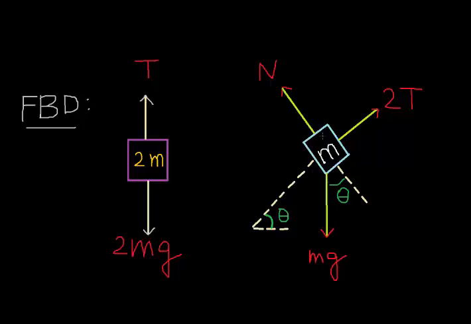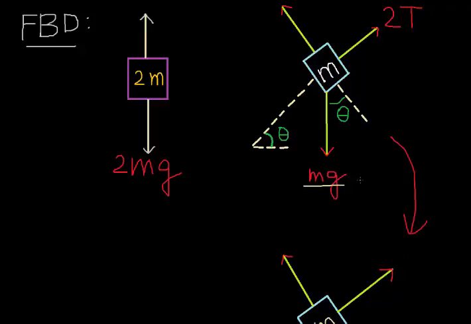Now when we'll be finding the force equations, we'll have to resolve all the forces in components such that they can be equated to each other. One way is either to resolve N and 2T into vertical and horizontal components, and the second way is to resolve mg into component parallel to N and parallel to 2T. I'll choose the second way and move on to draw a new free body diagram for block M.